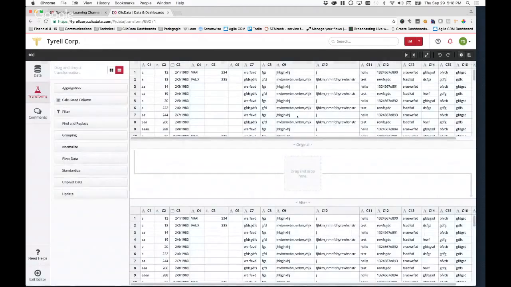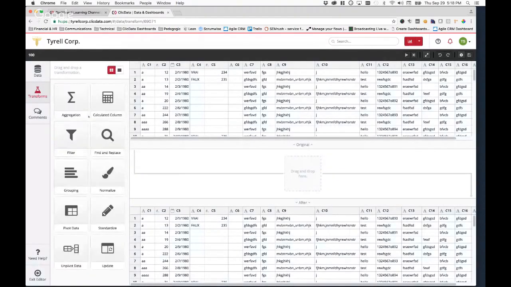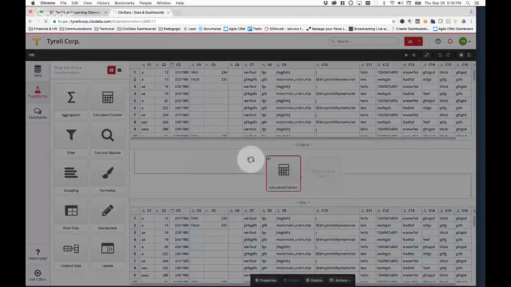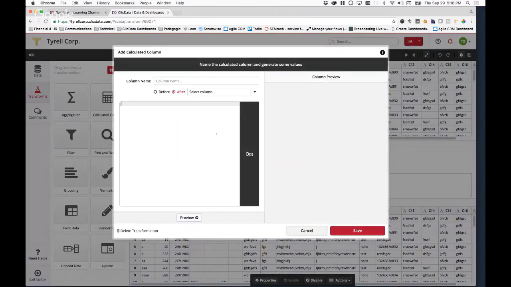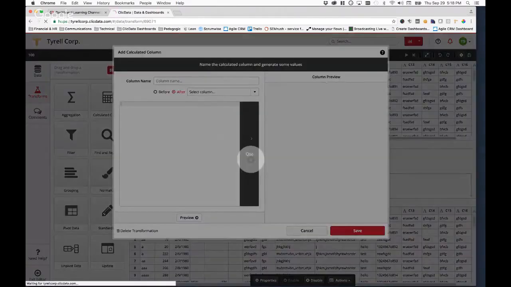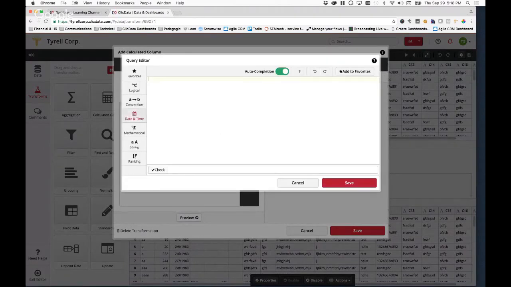You can add a transform column here, and you can do a calculated column and put any type of formula you want here, and it'll be based on other columns, or on a new function that you come up with. We have a lot of formulas, and they're very similar, actually identical, to SQL.